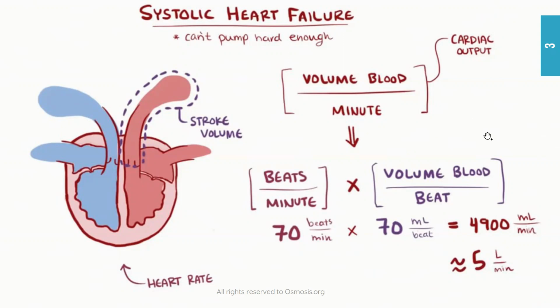Normally, in a normal person, a heart will beat around 70 times per minute. And each beat will pump 70 ml per beat. So to calculate the cardiac output per minute, I will multiply 70 by 70, which equals 4,900 ml per minute, which is almost 5 liters. So this is what is pumped per minute by the heart in a normal person. Okay. So where the problem is,